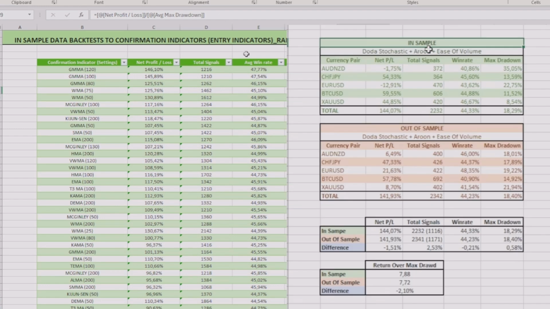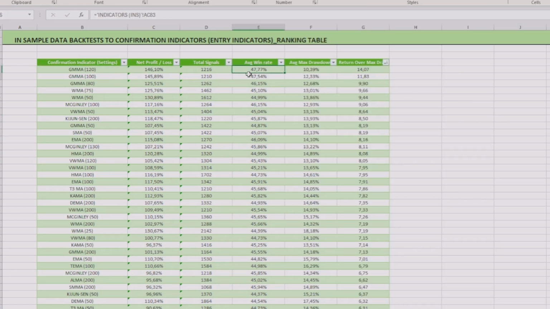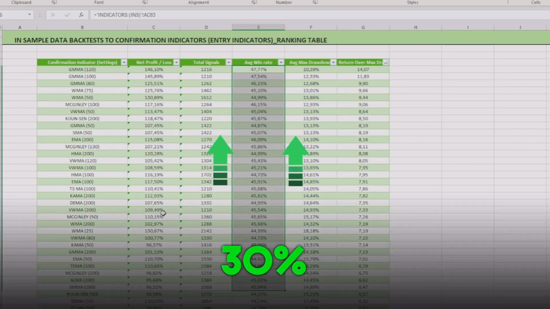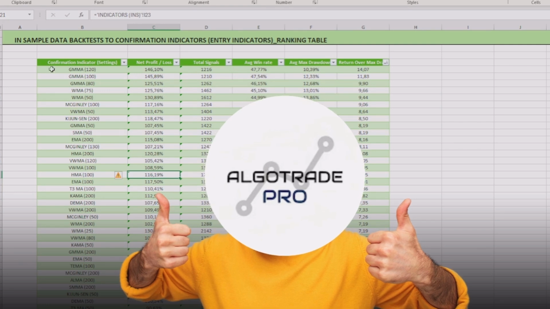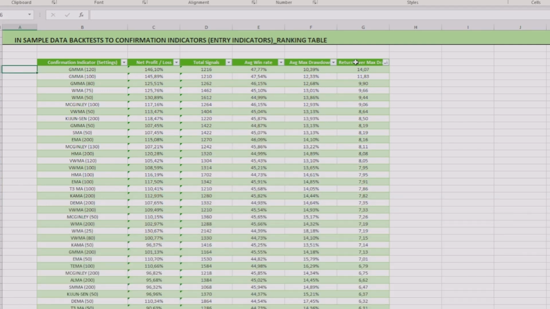If you recall, in the last episode our in-sample win rate was 44.33%. And so you can already see that in almost every filter indicator it has increased, which is exactly what we are looking for. By ordering the results again using the return over max drawdown ratio,